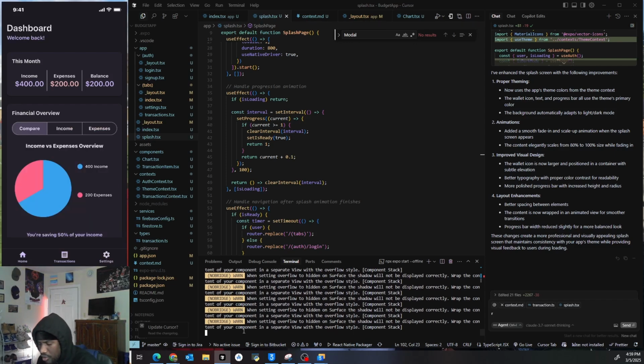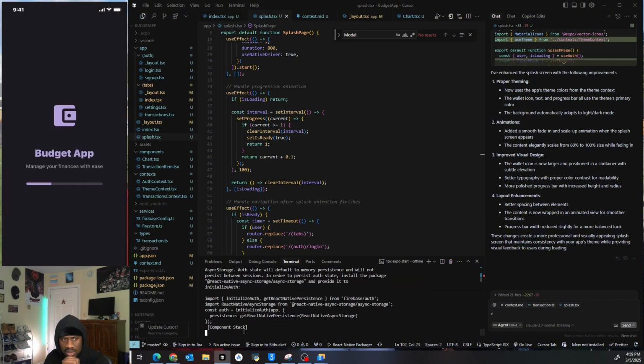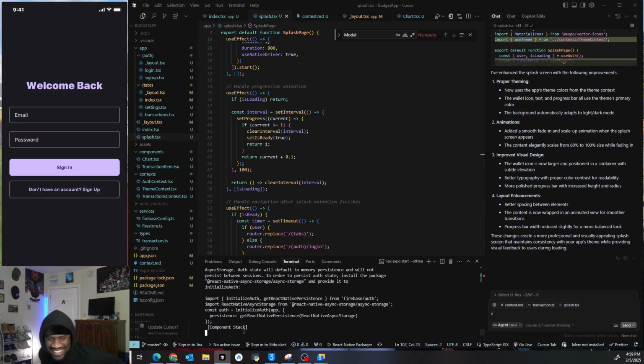Does the theme work for the splash screen as well? If I click reload. Oh my God! But then it logged them out. I'm not sure why it did that, but yeah. Anyways, it works. Now the next thing that we're going to do is create the